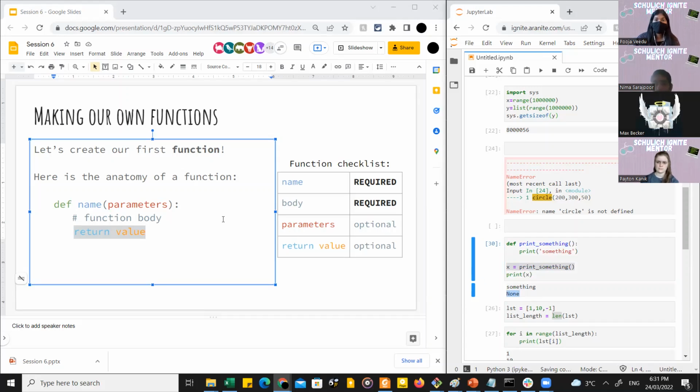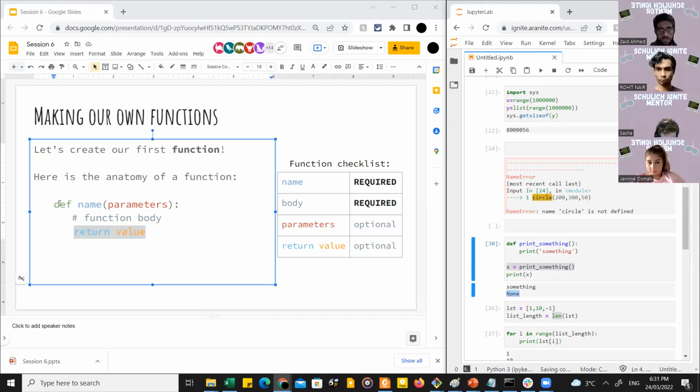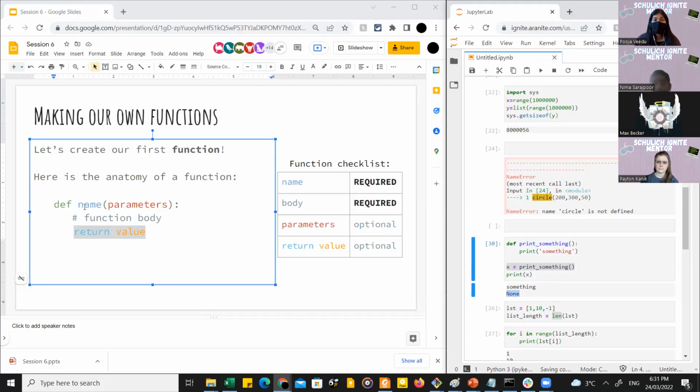But the important thing to know here is that the function has def and the name. Both of these things are mandatory and required. The parameters as the input are optional. The return value is also optional. And pay attention here that you have indentation. So if you want to create a function like this,